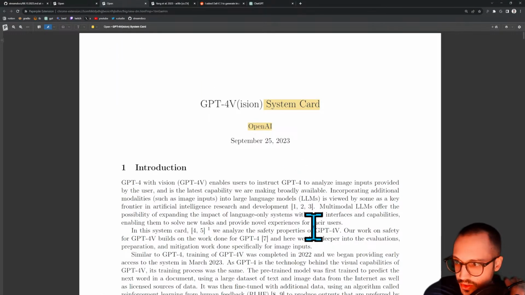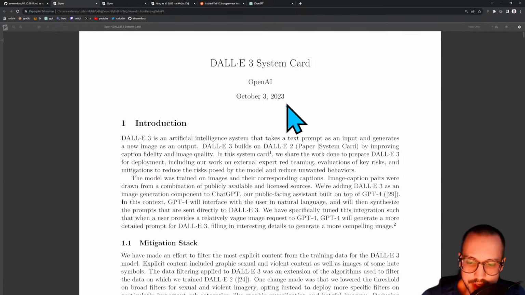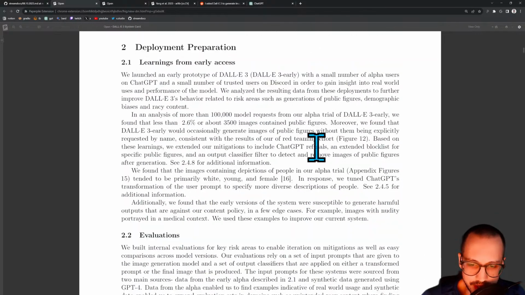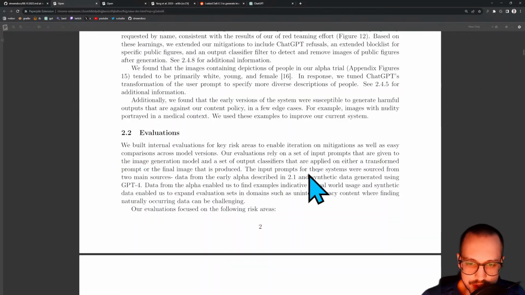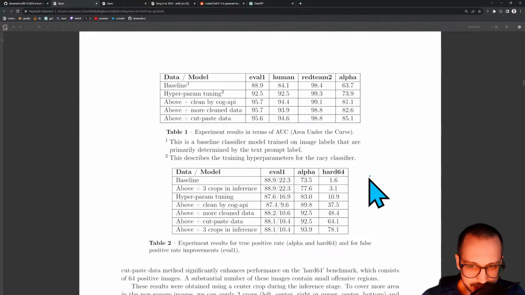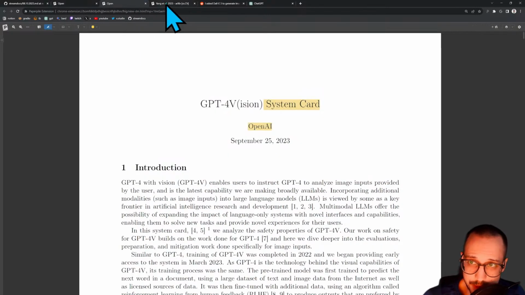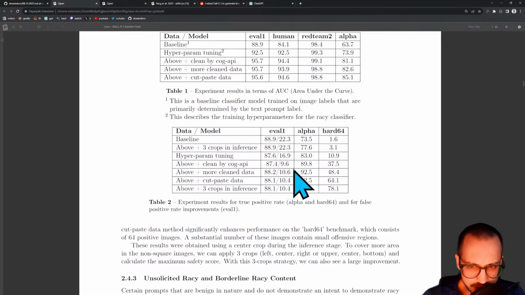But cool. What we're going to be doing is, it's a lot of stuff to go through, so I figured we're going to try what I call a figure review. In a figure review, we're just going to scroll to all the figures, and then read the figures. We're only going to look at the tables and the figures, and we should be able to get through a lot of them. And I think that'll give us a pretty good idea of what the system cards,